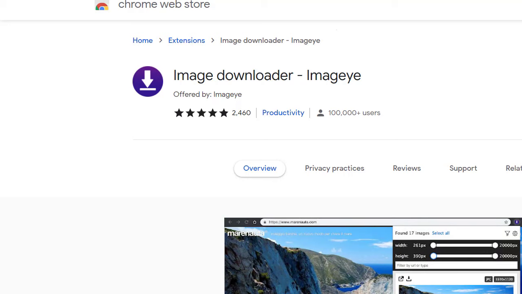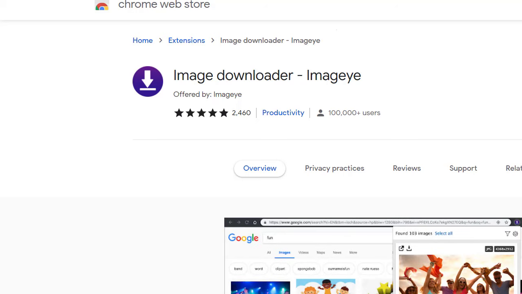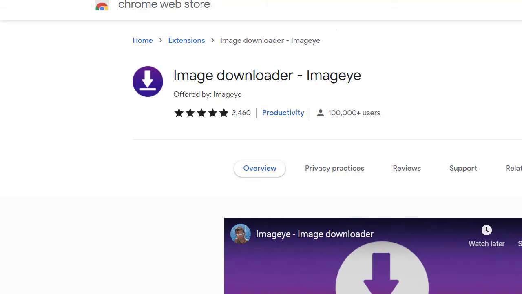I already installed this extension, that's why you see remove from Chrome here. It's very easy to install. You just click and install and next, and you will find its button over here.